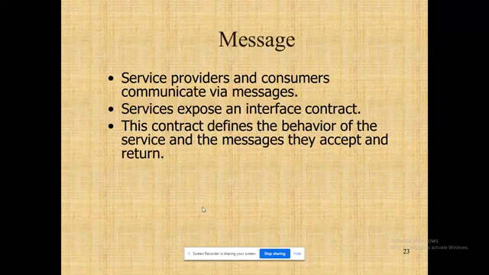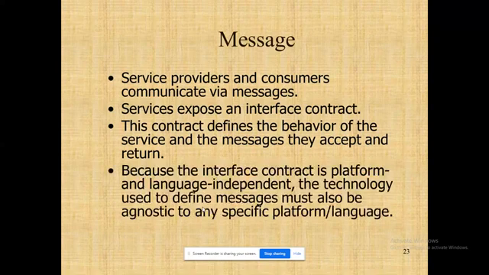Using Simple Object Access Protocol, service providers and consumers will communicate, right? So the contract will give us how this communication must happen, right? What are all the list of services he can access? What are all the list of services he cannot access? So likewise, we have a tabulation, right? So all those things can happen through my message only, right?